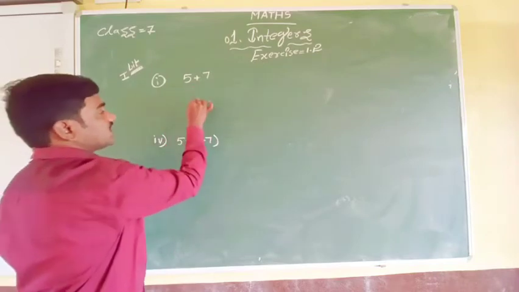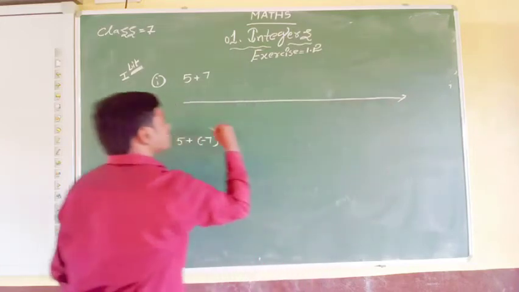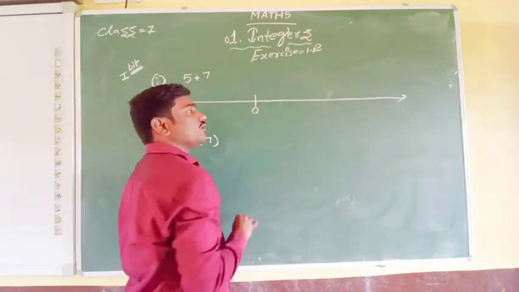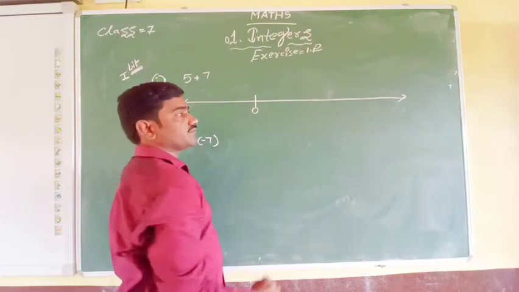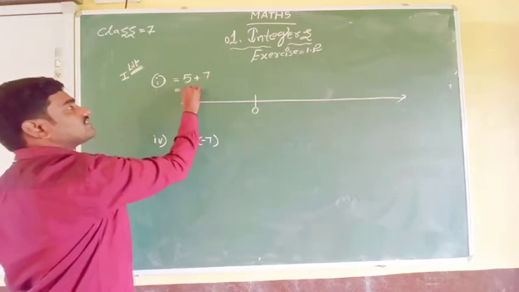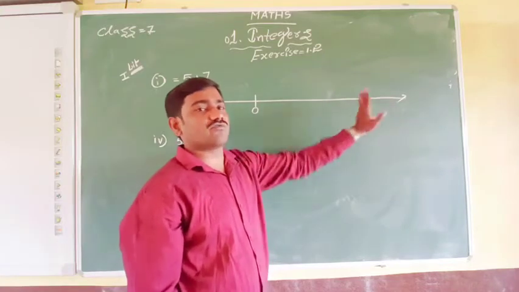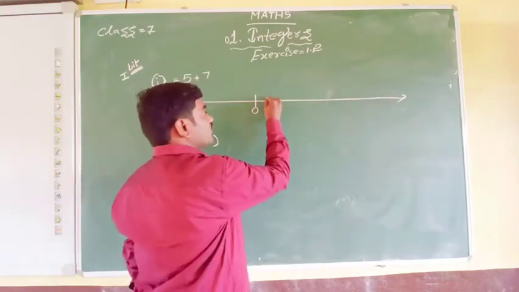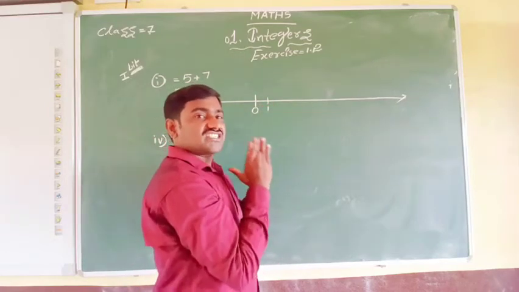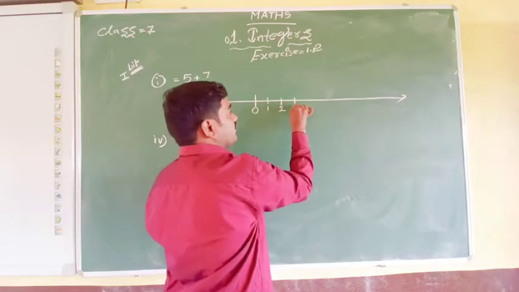So here the integer number line is set. As we draw the number line first, as we know, an integer number line is a set of 0, positive numbers and negative numbers. Positive numbers we have to take more. When you solve this problem, 5 plus 7 will give us 12. So the 12 numbers, or more than 12, we have to represent on this number line. The distance also we have to take the same, by using a ruler or scale, we have to take a fixed distance between the numbers.